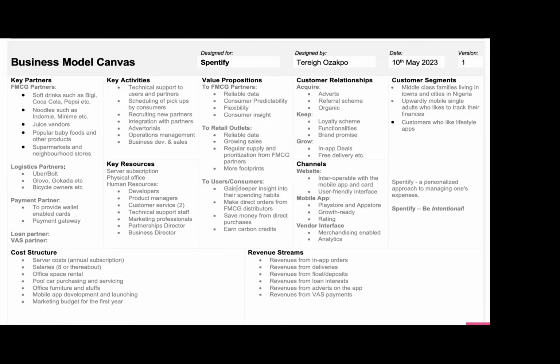The last thing is the revenue streams. Where are you going to make money from in this business? When I started the idea of Spendify, I actually thought we were going to make money from just two places, in-app orders and delivery. But by the time I was done, when I went into detail writing my thoughts down,